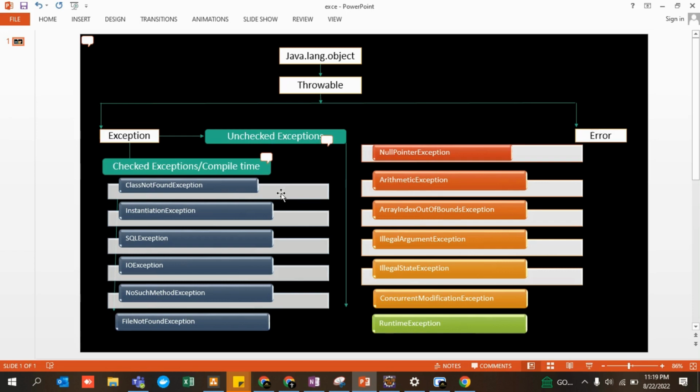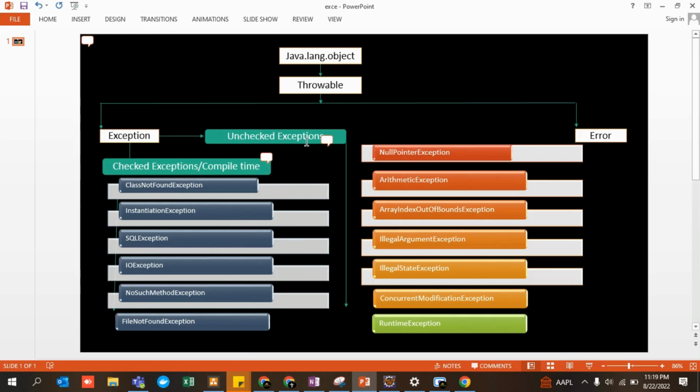Guys, please do not think that there are only 6 to 7 checked and 6 to 7 unchecked. There are a hell of a lot, numerous exceptions that are fired by Java, right? So we cannot cover each and every one, but these are the most important and asked in interviews, so you should learn them. These are very simple, very easy. This is the reason why I have jotted them down over here, so that while giving an interview, nobody would ask you beyond these or any other exceptions, unless that guy totally freaks you out, right?